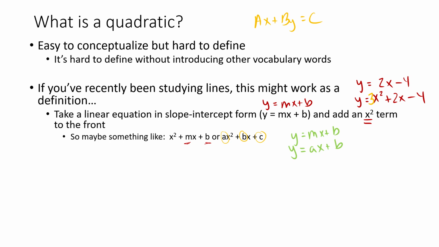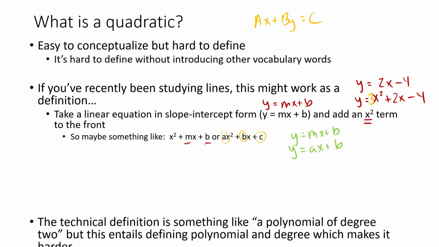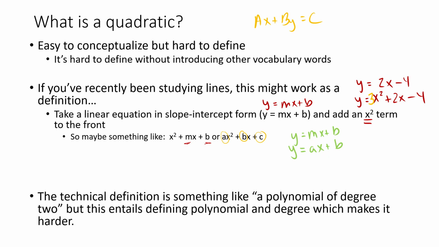So I think for practical purposes, picture a line in slope-intercept form and then adding some kind of term to that that would include the x squared. So the technical definition is something like a polynomial of degree 2. The degree 2 being a reference to the exponent of 2. So if we look at ax squared plus bx plus c, the degree 2 part has to do with the